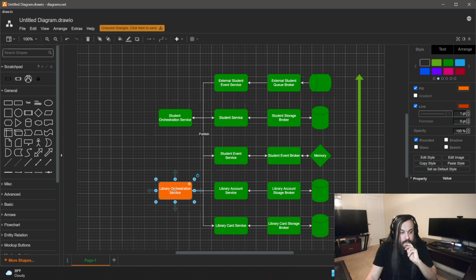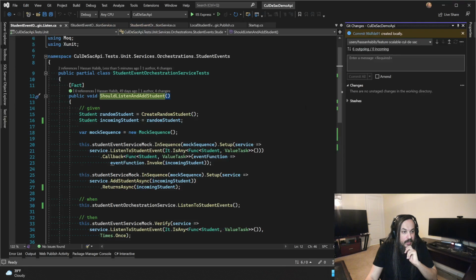Okay, now we need to finish this guy, right? This guy here is gonna help us go and say, take that student event and then start creating the library account and all that kind of good stuff in there. So instead of the coordination service doing that work, now your library orchestration service is the one that's actually doing that processing. And even that one is now listening to an event and waiting for that event to happen. Then I'm sending its own upstream, kind of functionality that takes in a student to take that student in and then do whatever it wants with it as it goes. Okay, so how that's gonna work? Let's go back here.